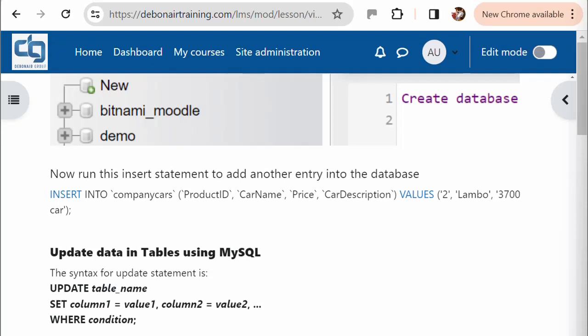Click go, and it says 1 row affected. So that's successful, and we can now go into this company cars table to see that it's changed. So okay, no, that's the wrong table. That's employees. We're looking at employees 2. So we're going to employees 2,